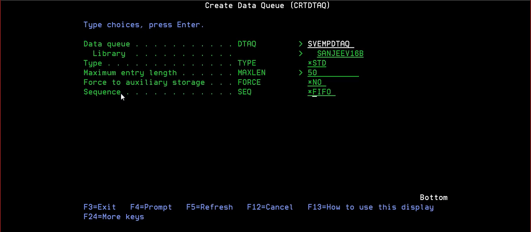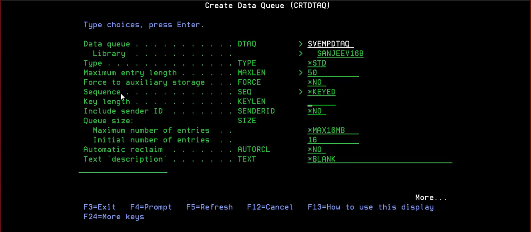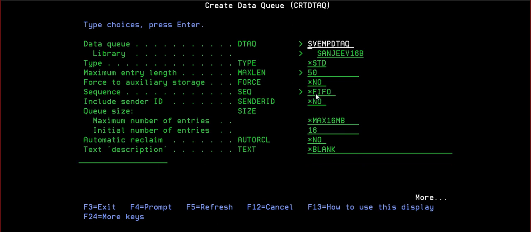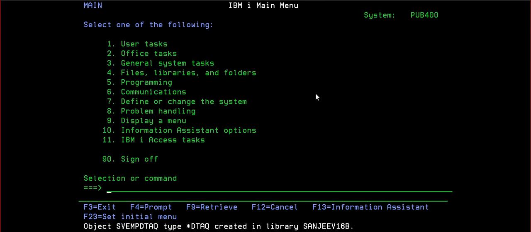If you want to create a keyed one also, you can, but in the create you have to give the key length and all those details. If you are going for FIFO, first in, first out, then data queue creation is done. There is nothing more.